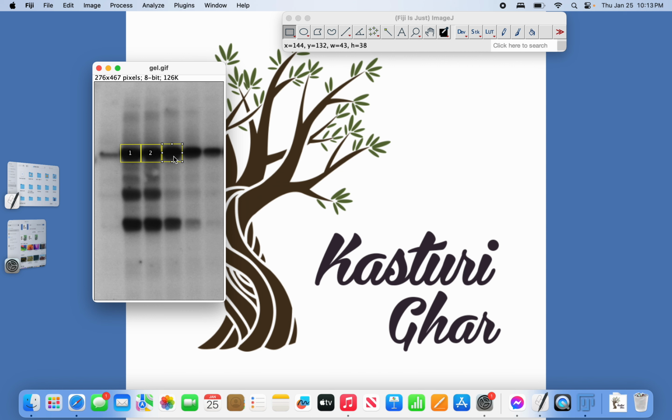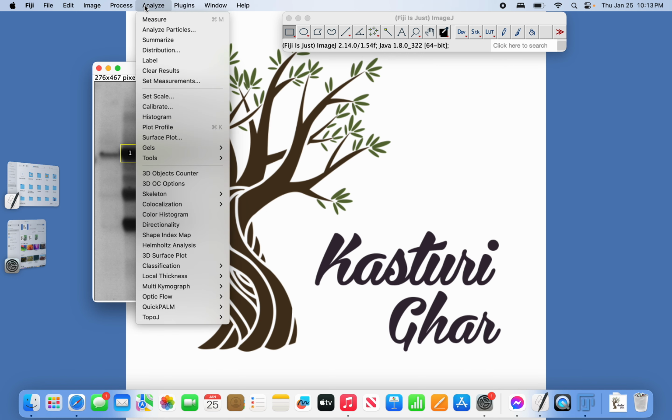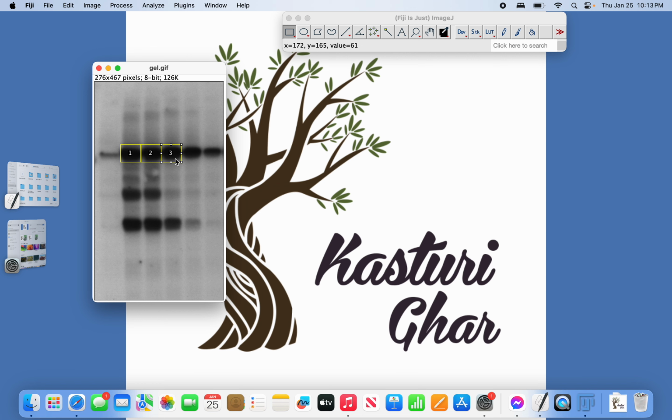You select the same thing, it will select a similar rectangle area, and then go to Analyze, or you can use the shortcut key, which is Command plus 2. So for the first one it was just Command plus 1, and then for the second, third and fourth it's always Command plus 2, right? So now I'm going to use the shortcut Command plus 2, it will give 4, and then again for this one I'll use the shortcut Command plus 2. So, nice looking, 1, 2, 3, 4, 5